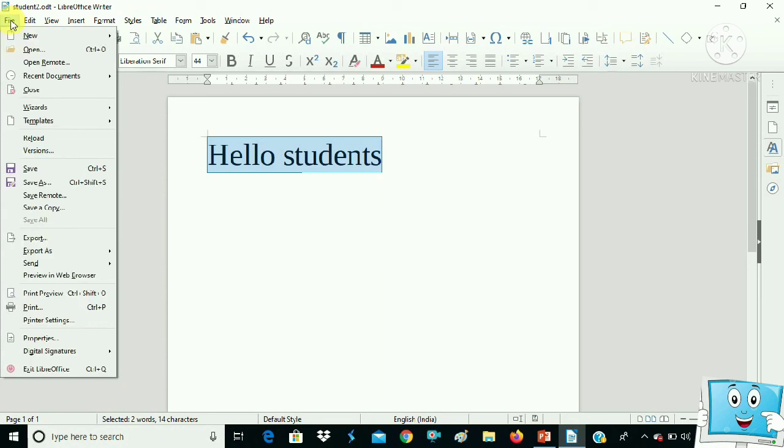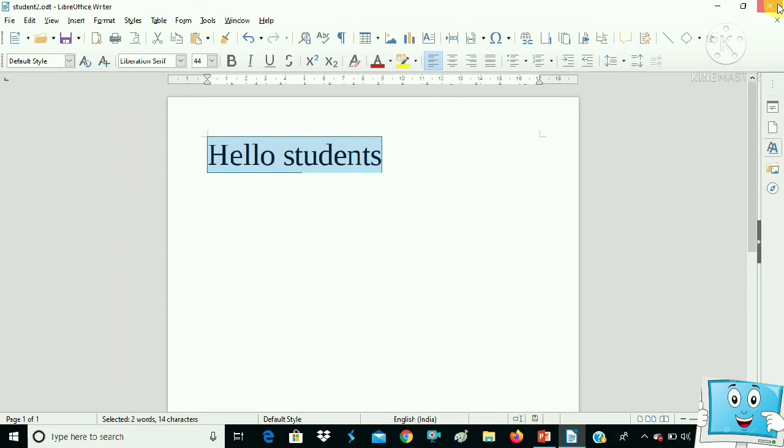Go through this. Also, we want to close the file. To close the file, go to the File menu and click on the Close button, and also here is the cross mark, you have to click on